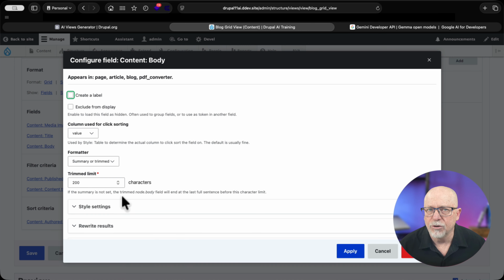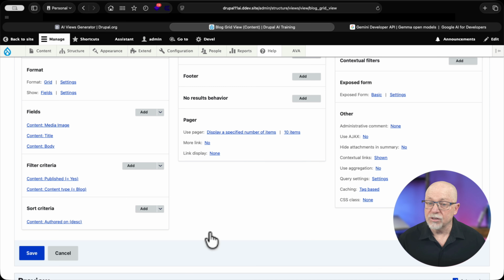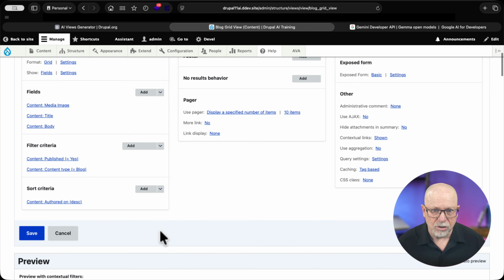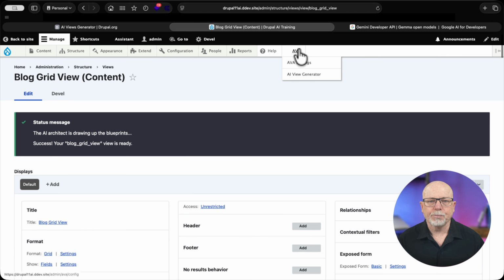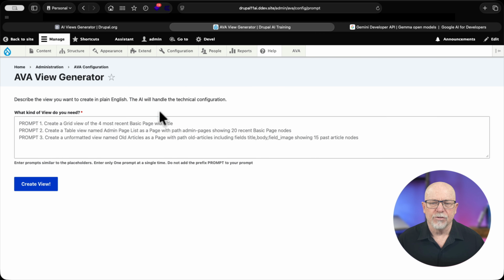Now, you know as well as I do when you use Devel, it fills in a ton of stuff in the summary field. So typically you've got to change this to trimmed. Let me show you the next prompt that I used, because this is actually a pretty decent head start, and that's the whole point. I'm going to head back over to View Generator, and I'm going to paste in a